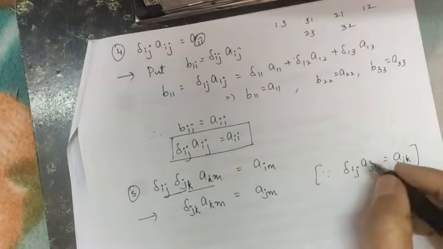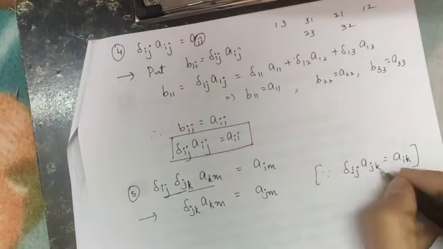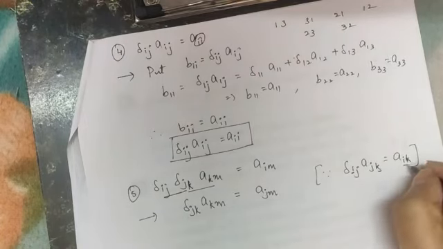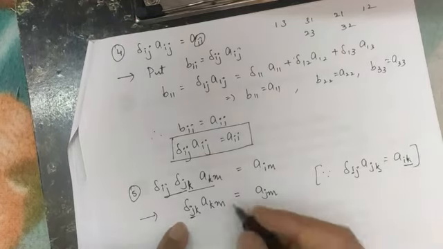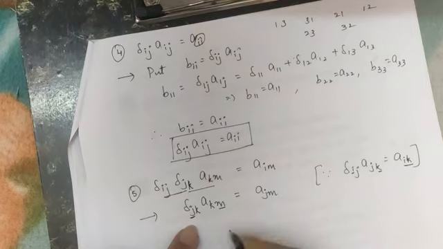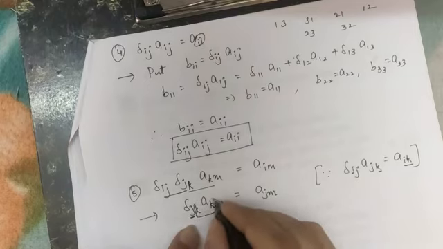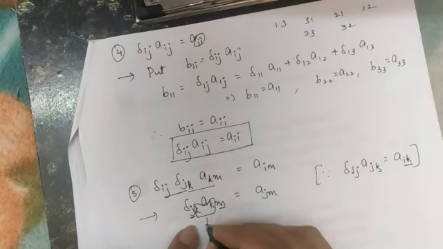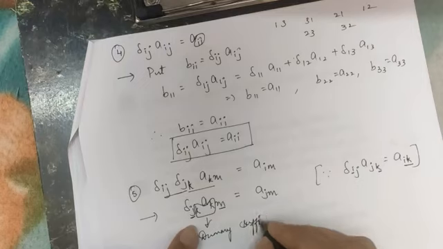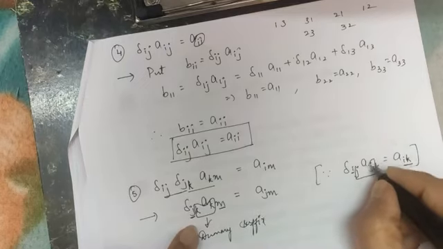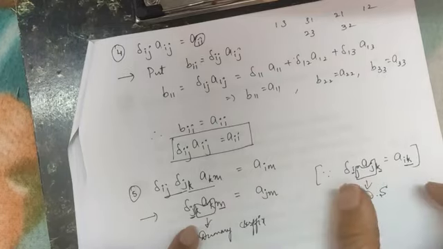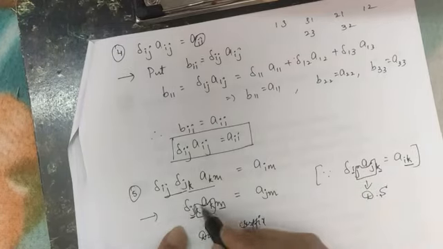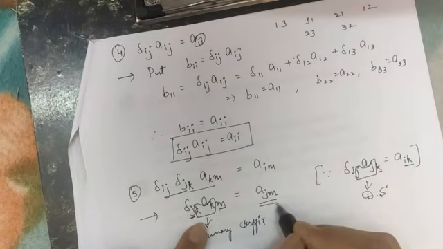You can observe here I have i in the first position and k in the last position, which gives you aik in your second property. Here j is in the first position and m is in the last position, that is nothing but your free suffixes, and k is my dummy suffix here, whereas in your property 2 it was j as the dummy suffix, right? So using property 2 we can write delta jk akm as ajm.